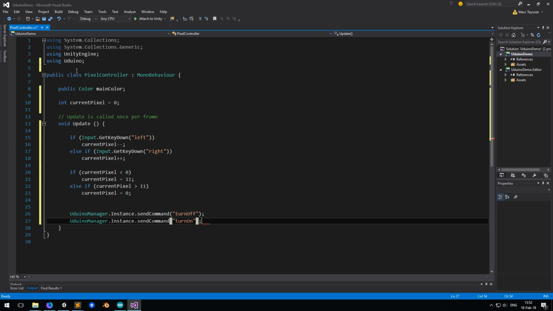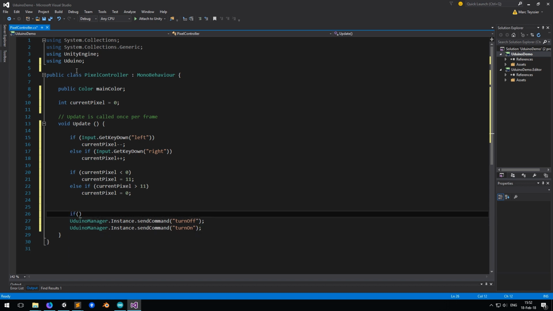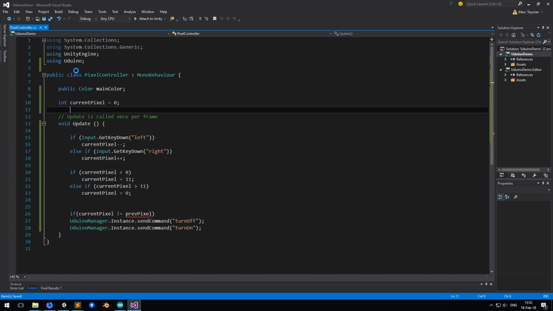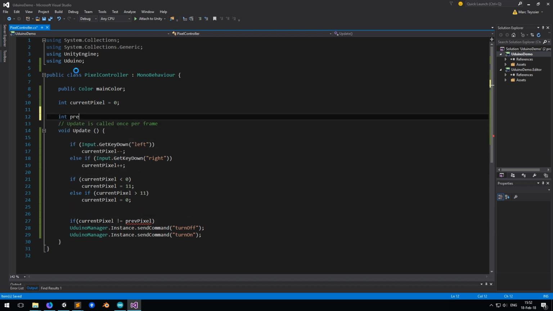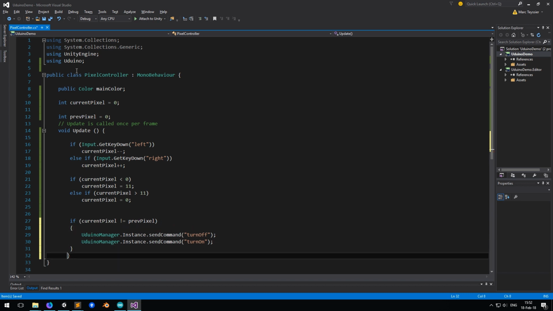To optimize a little bit, we want to check if the current value is different from the previous one. If currentPixel is different from previousPixel, so we have to create this variable. It's going to be int previousPixel = 0. So if currentPixel is different from the previousPixel, then we can send the command.